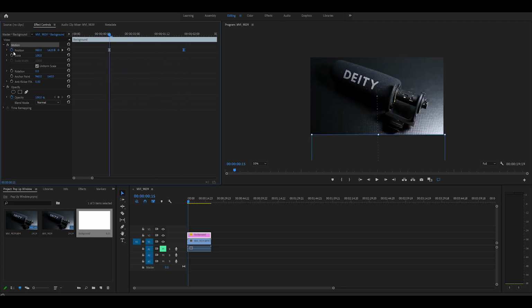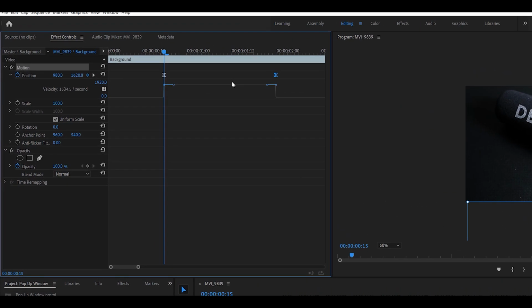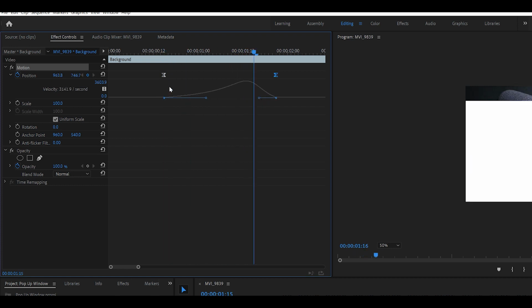You won't see it very obviously, but what I'm going to do is go to position. On the left you'll see a small arrow pointing right. I'm going to click on it, it's going to come out pointing down, and you're going to have this little diagram here. Now this is what we call the graph tool. Graph tool is very powerful in terms of advanced editing. You're going to have more cinematic footage, some more cinematic video coming out thanks to this effect. So I'm going to play with this a little bit. I'm going to drag up the first one and give it a little bit of curve. What this curve does is basically give us a little bit of a slow